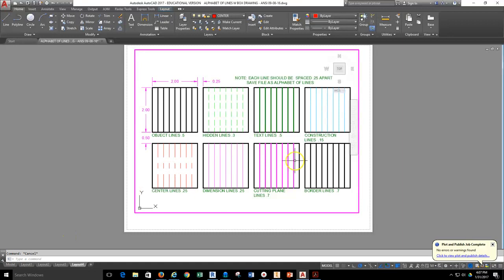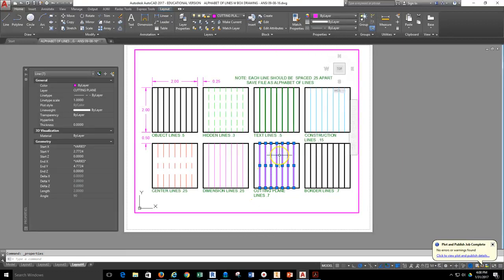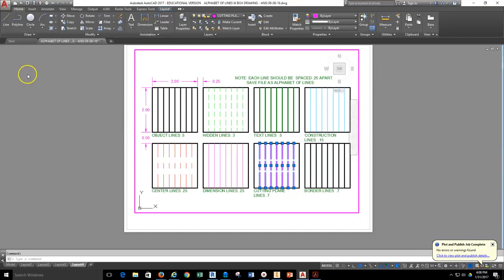I'll then go ahead and do the same for the cutting plane lines by selecting the cutting plane lines, right clicking, and obtaining the properties. I'm going to go into the linetype scale, and I'll actually then change this to half by selecting and typing in 0.5. By doing so, the double dash will appear inside and centered for my cutting plane line. Now the reason why this occurs is that the cutting plane line